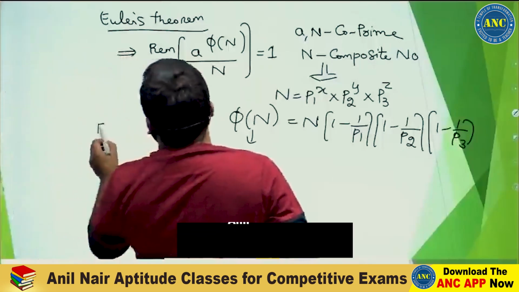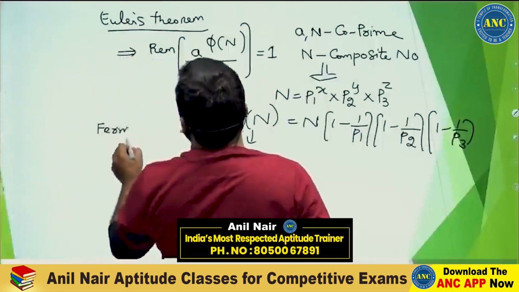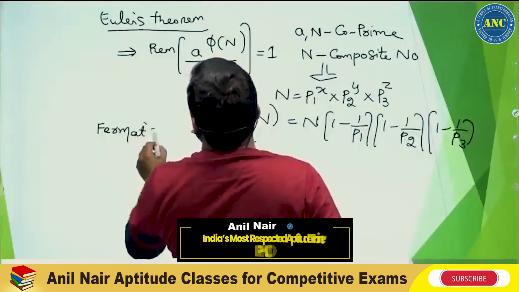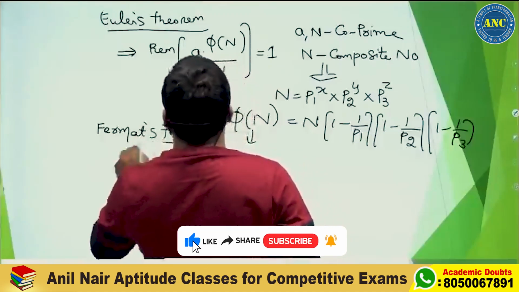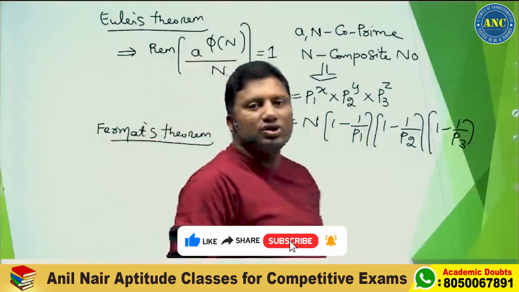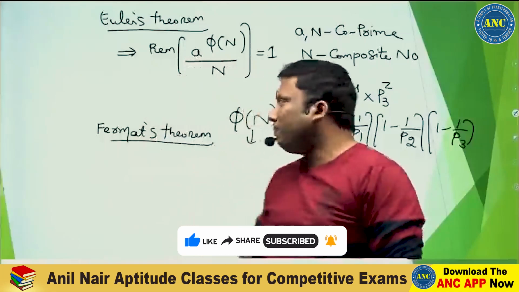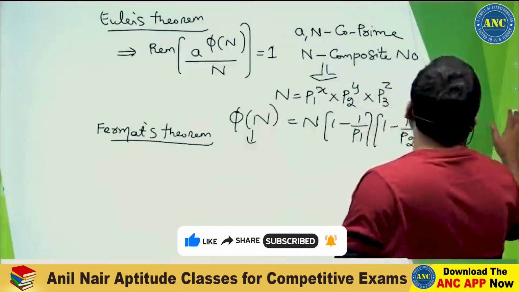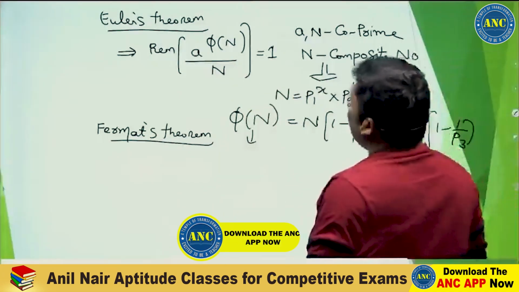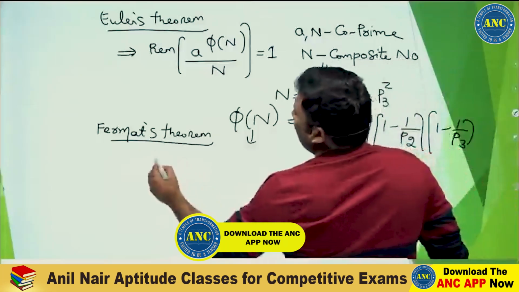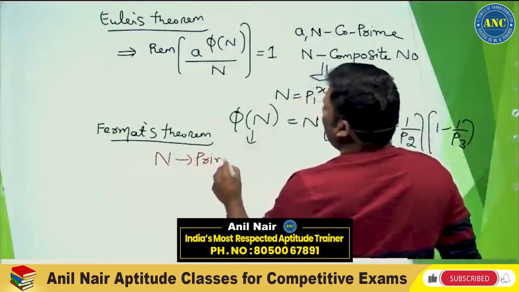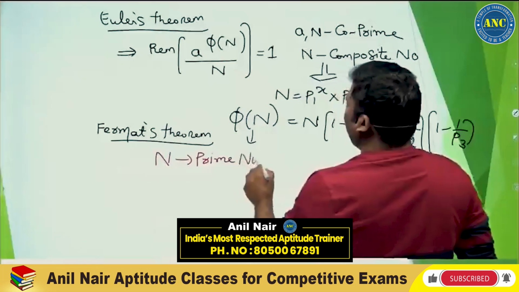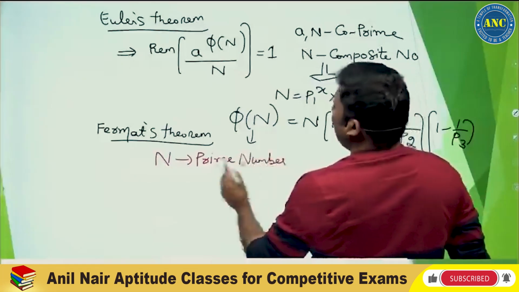Now see here, we will take up Fermat's theorem. The difference between Fermat's theorem and Euler's theorem is, Fermat's theorem is used when the denominator is a prime number. Euler's theorem is used when the denominator is a composite number. N is a prime number. If N is a prime number,